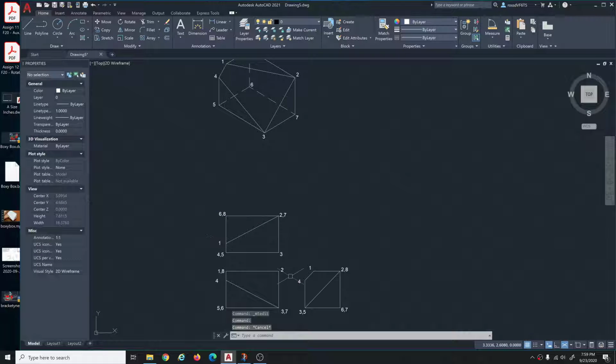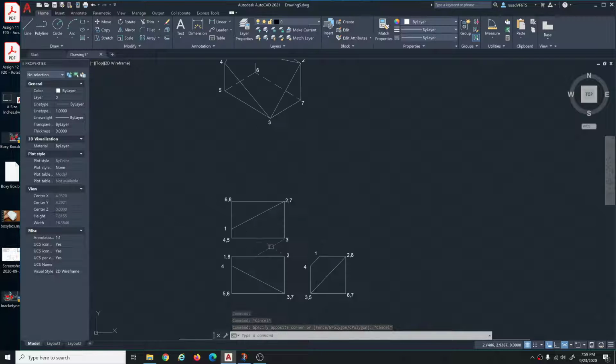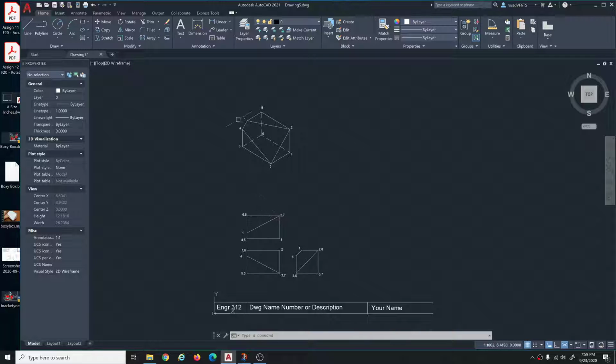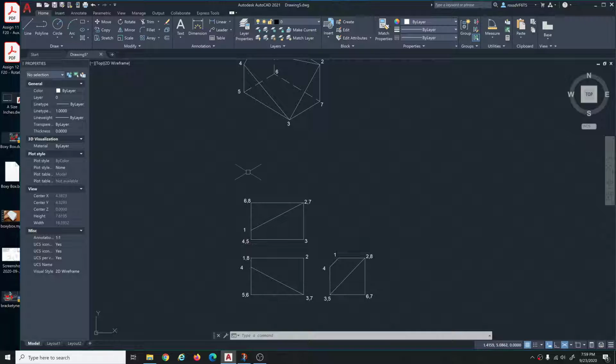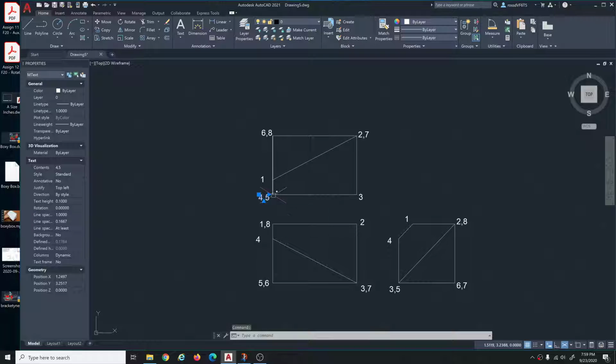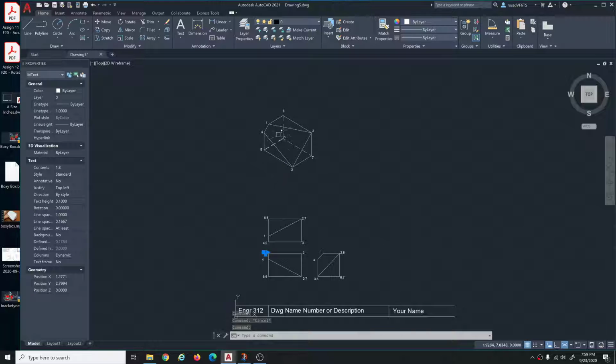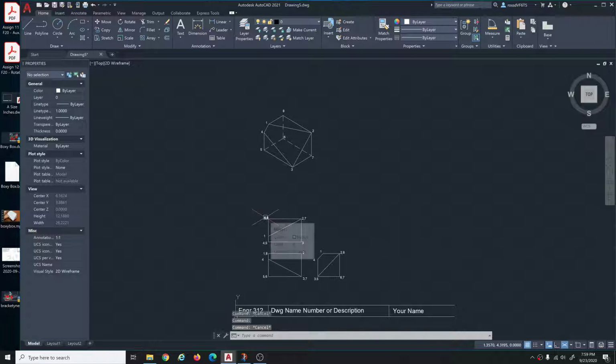So anyway, look, they should correspond to the isometric. 1, 2, 3, 4. 1, 2, 3, 4, like that. Spend a little time and look at these guys and double check them. Notice that some of them are coincident, like 4 and 5 in the top view are on top of each other in the top view, and points 1 and 8 in the front view are on top of each other, right? Because 1 and 8 are this line up here in the isometric, so that appears to be a point in the front view. And likewise,